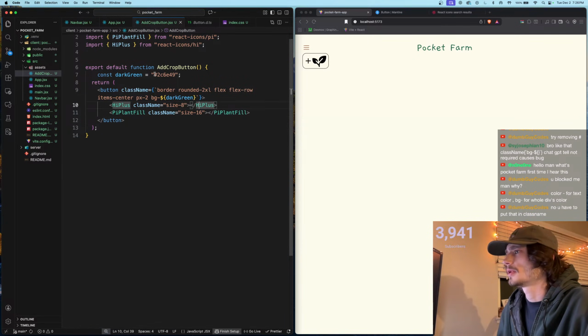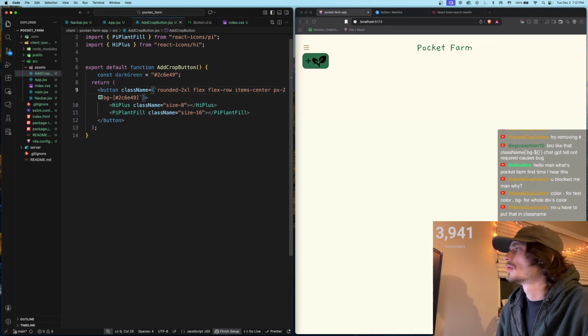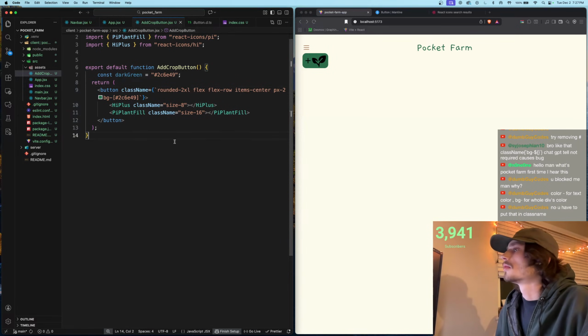Alright, well, I guess we'll just have to leave it as a, like, do it this way, which kind of sucks. Because I wanted to kind of do it dynamically here. But, whatever, I guess. We'll get rid of border. Okay, we'll do that. And then we'll make,